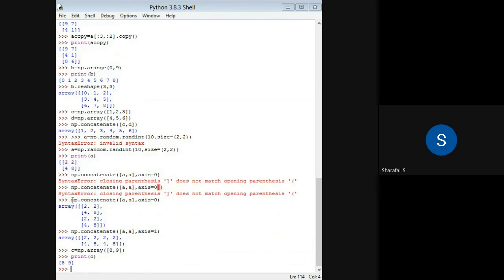So I can write np dot VStack, and in that I have to provide the array A as my first array, and my second array will be C. So I am concatenating these.